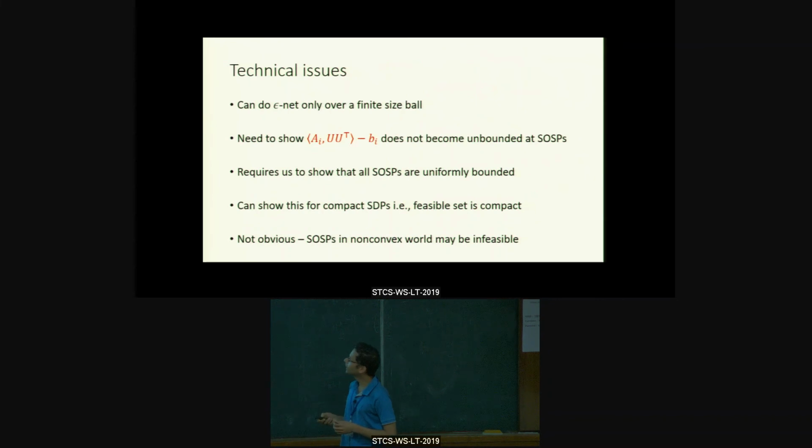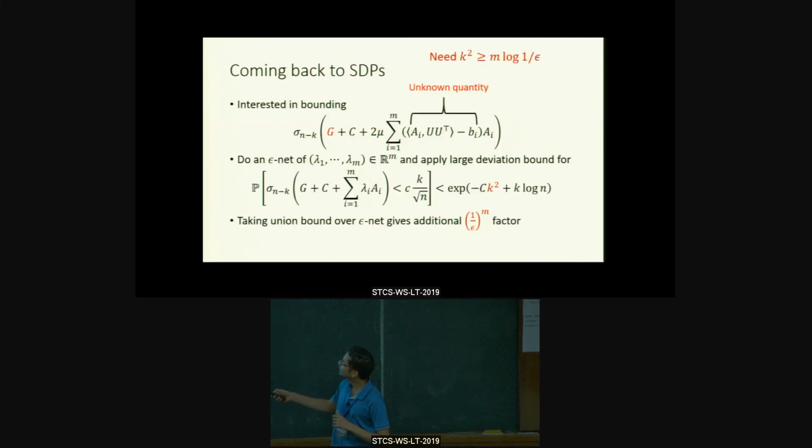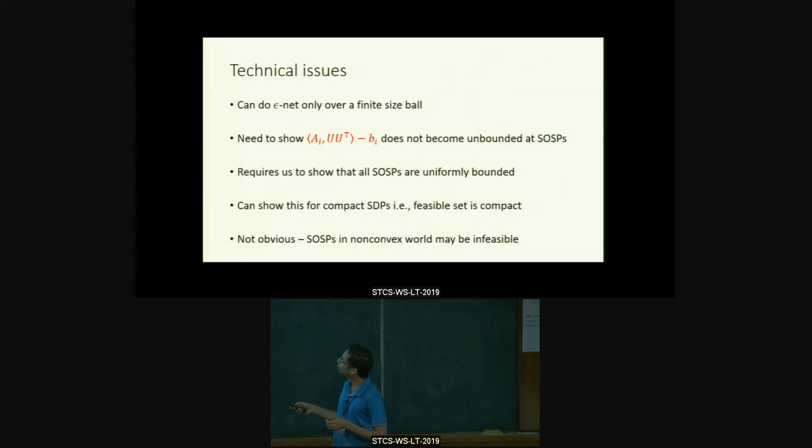There are a few more technical issues in actually doing this fully, because we can do epsilon nets only on finite domains, compact sets. We cannot do an epsilon net in the entire space, and a priori it's not clear that these lambda i's, which we are using to denote this a i U U transpose minus b i, need not even be bounded. These could go arbitrarily large, and then we cannot really do an epsilon net over the entire space. But we need to do a little more work to show that a i U U transpose minus b i does not really grow too large